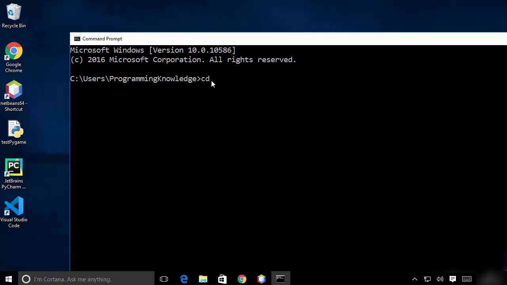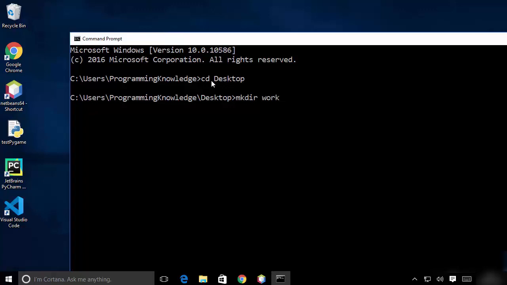Let's say I want to just create a project inside my desktop directory. So I'm going to just type cd desktop, and then I'm going to create a directory using the mkdir command, and then the name of the directory which you want to create. So let's say I want to create a directory called work.